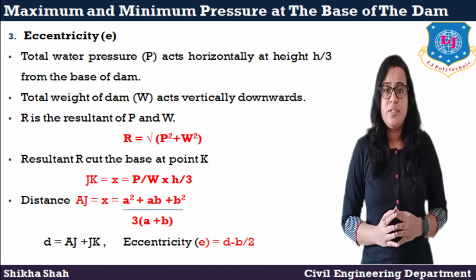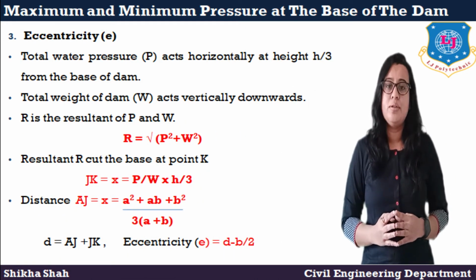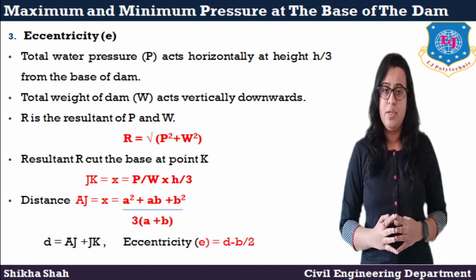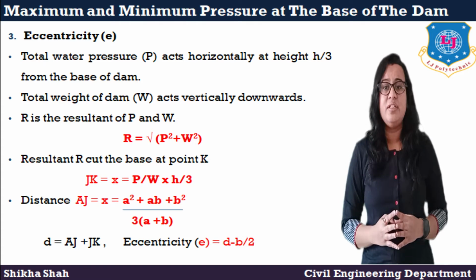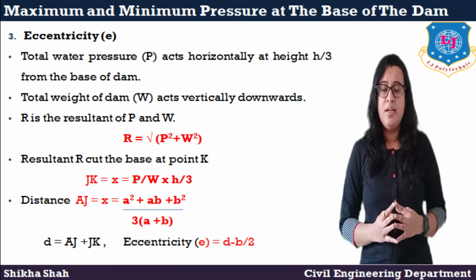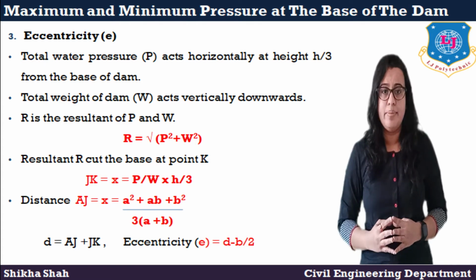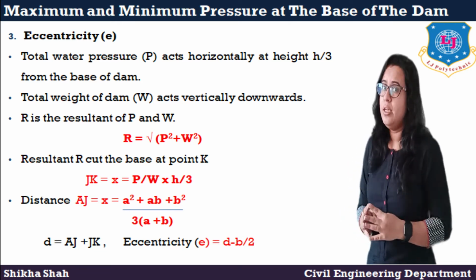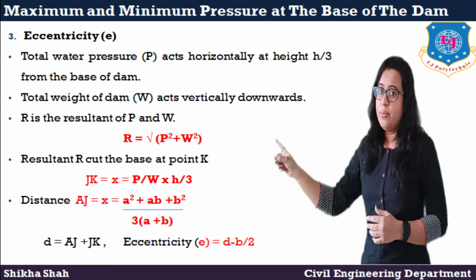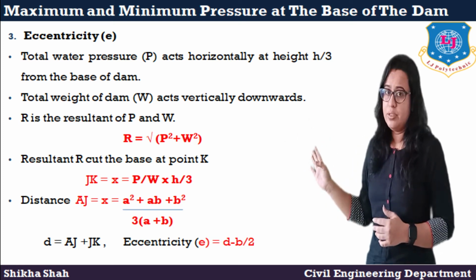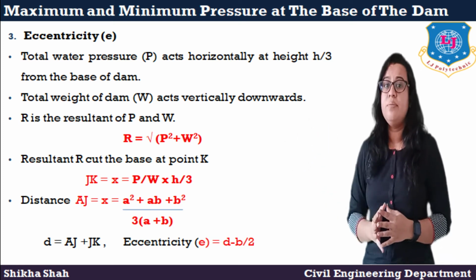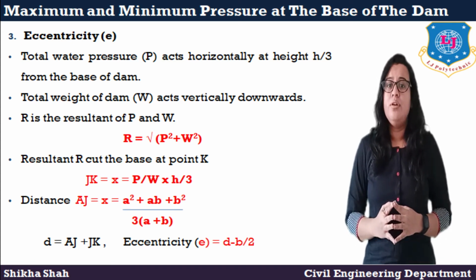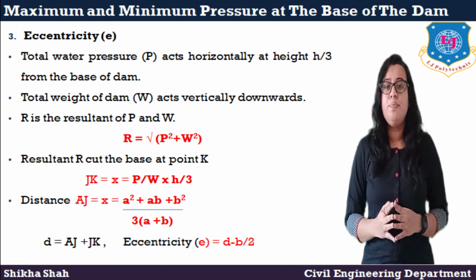Next is eccentricity e. The total water pressure P acts horizontally at height h by 3 from the base of dam. The total weight of dam capital W acts vertically downwards. R is the resultant of P and W. The equation of R is calculated by square root of P square plus W square, and R cuts the base at point K, so the distance JK, also known as x, is equal to P by W into H by 3,